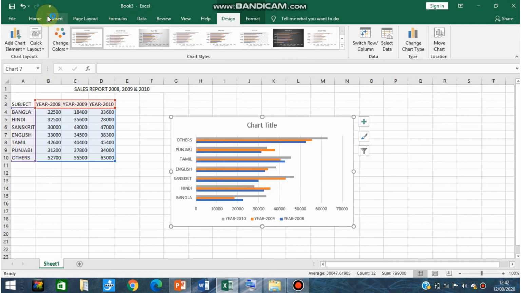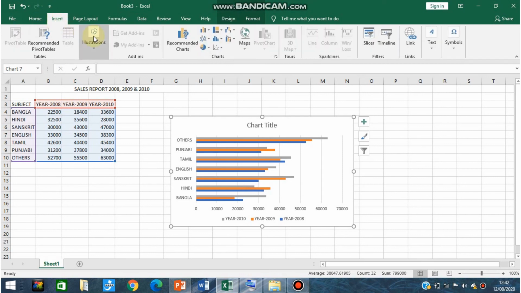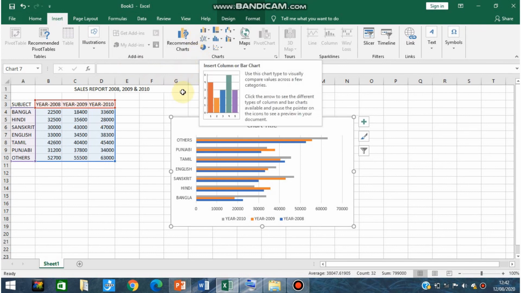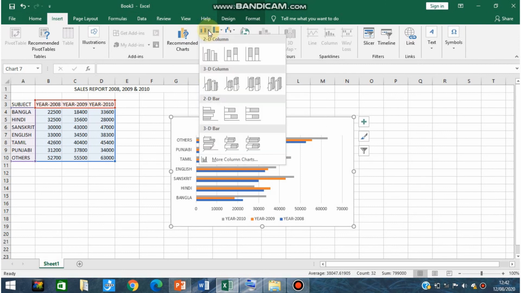For that, move inside the insert tab, click on the insert tab, and then find the required chart option from this chart section. Suppose for example, I am clicking on this insert column or bar chart. When you click on that, you will find one separate section of 2D and one separate section of 3D.